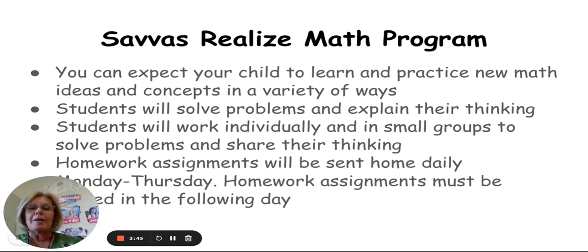Our math program is a great hands-on math program where students learn to solve and explain their thinking in a number of different ways. Students will work individually, and students will work in small groups to solve problems and share their thinking. We'll also have homework assignments that will be sent home daily. These homework assignments will be starting Monday, September 18th, and homework assignments are to be completed and returned the following